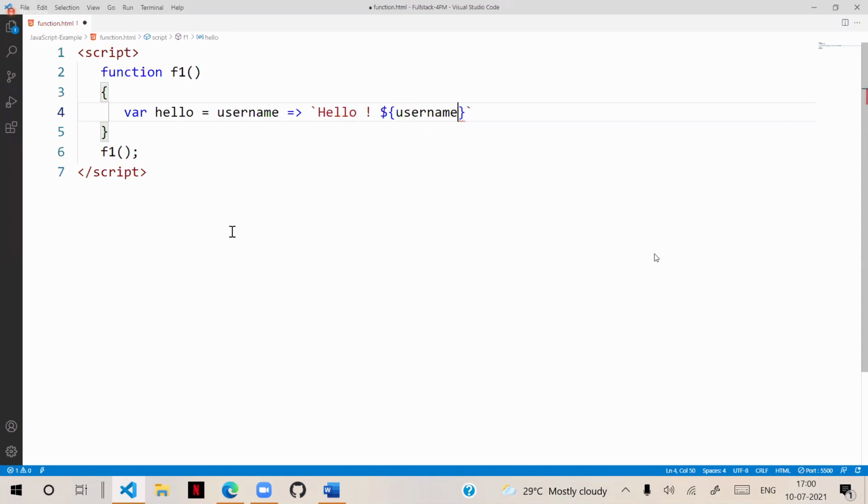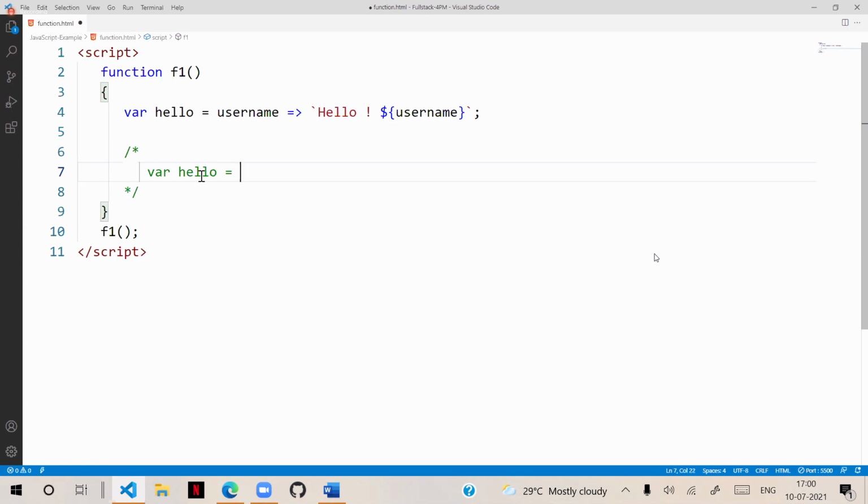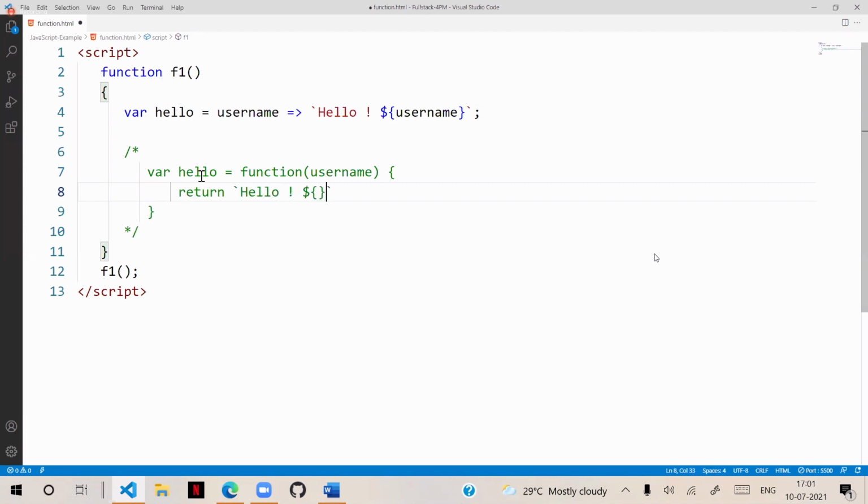This is the technique for how you configure it. Now the actual version will be like this: var hello is equal to a function that is expecting username, and inside it, return hello, dollar, username. This is how we have to write. That is the actual technique.